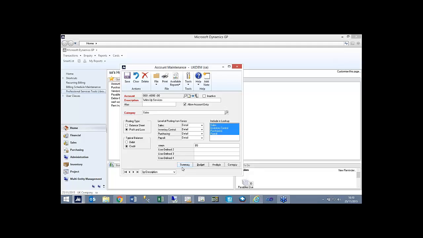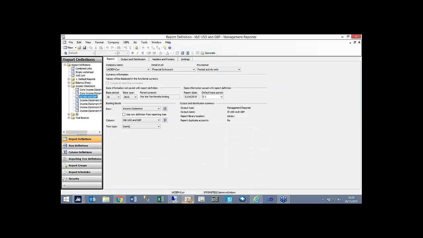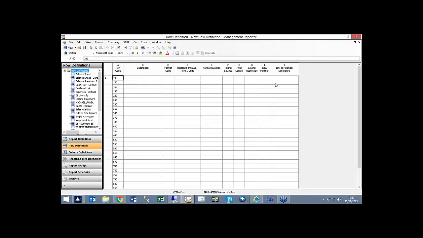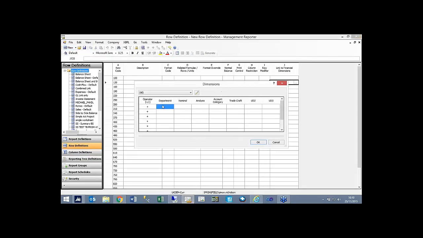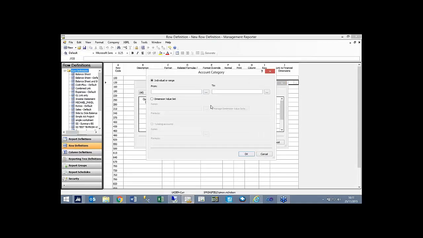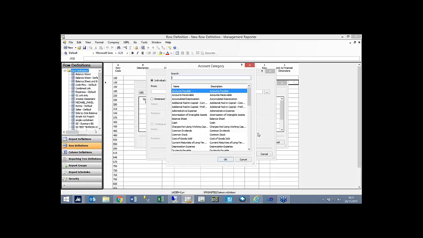So by using the Master Triggers tool, any new code you set up will automatically create the code, the description, the category, and also any user-defined information. So when doing your reporting, in the row definitions, just create a new one, you can easily link to any of the segments within your chart of accounts, but also your account categories, and